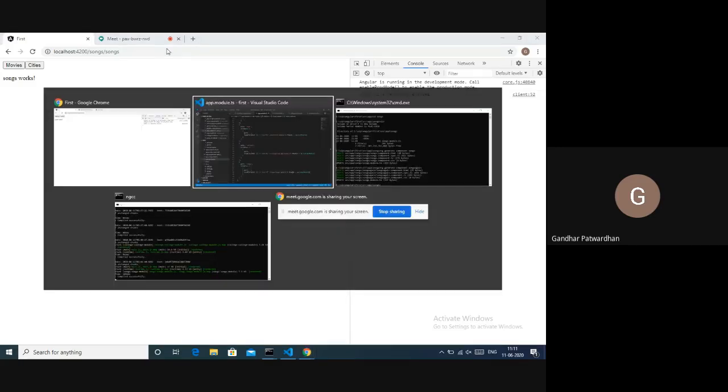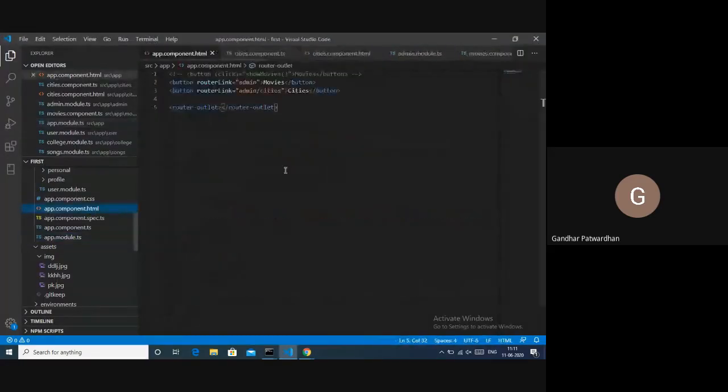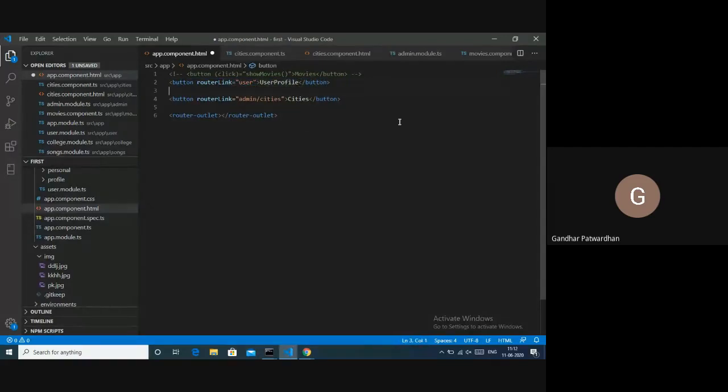Now what I'll do is in my app.component.html, now we are having n number of things here. Right. So I'll only keep the router outlet and a few buttons. Right. Now I'll say routerLink equals to user. I'll call it user profile. Then I'll create another path, user/personal.